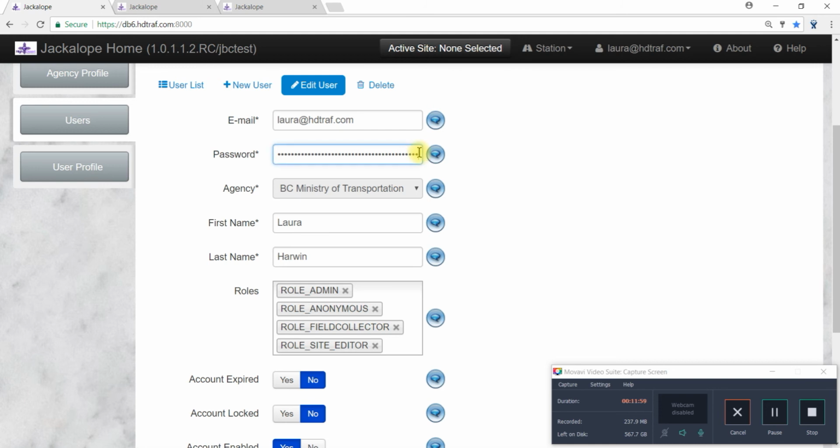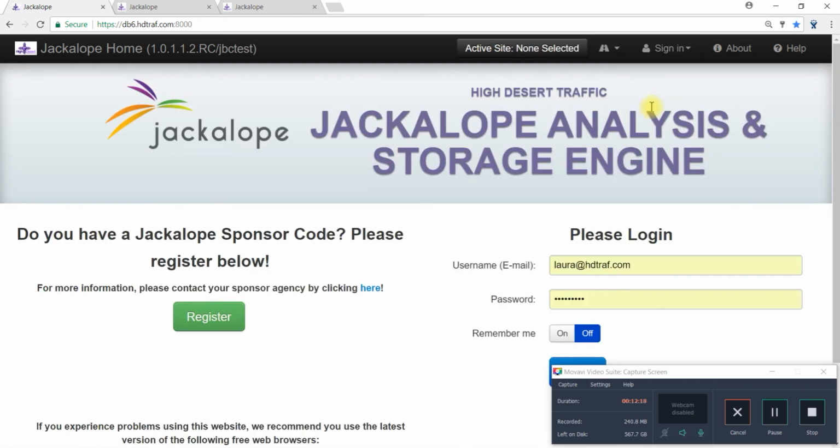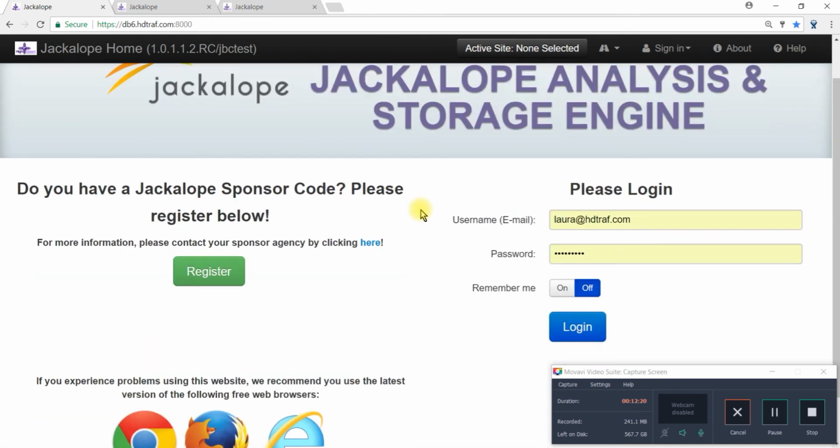If I were to change and save a password here, Chrome will ask me, do I want to save my updated password? And if I say yes, it's going to save a long line of encrypted characters rather than my actual password. So just be careful when you're allowing your browser to save your password to only do so from this initial login screen. That way your browser will know that this is the actual password you want saved, not an encoded